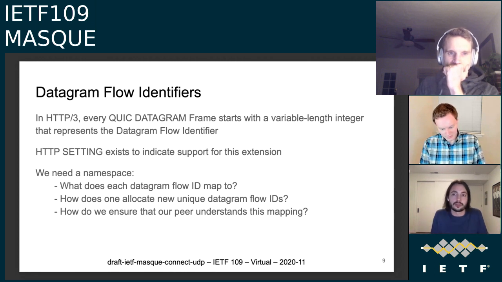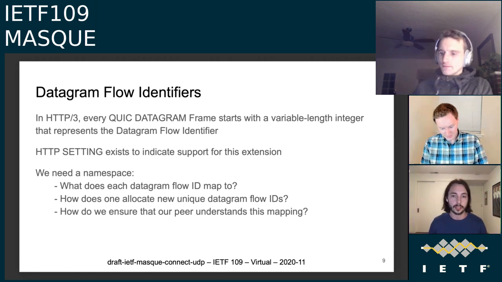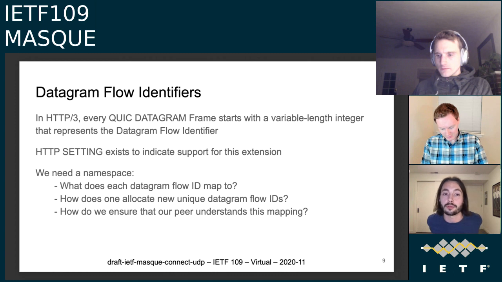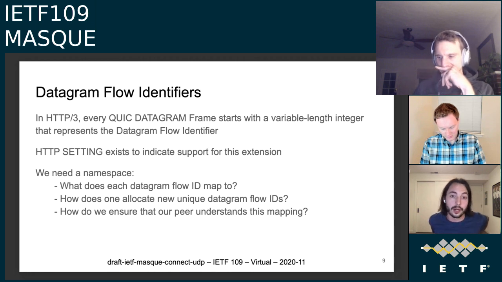And the simplest way to do that is you put an identifier at the start, and we went with a varint like the rest of QUIC because they're nice. Because this is an extension to HTTP/3, we use a setting because theoretically there could be another extension that defines this. But